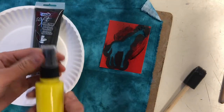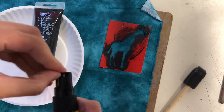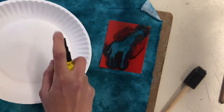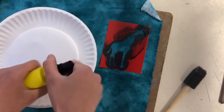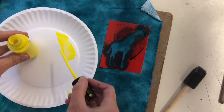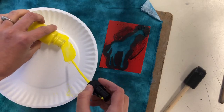And you might notice that we have some spray bottles. Now they're sort of old, they haven't been used in over a year, so it's quite possible that the squirt bottle function might have gotten a little bit dried up and it might not work. So let's see. I'm gonna practice here and see if, see, nothing's happening. So what you might want to do is just unscrew it, and we can use some of the fabric paint that's inside of here. So what I'm gonna do is I'm gonna pour a little bit here